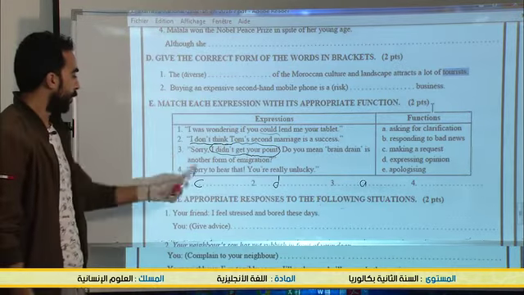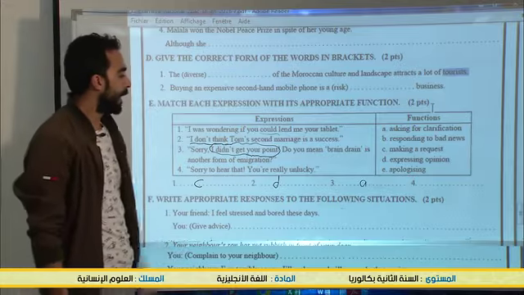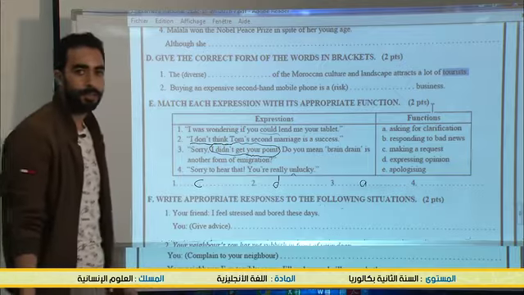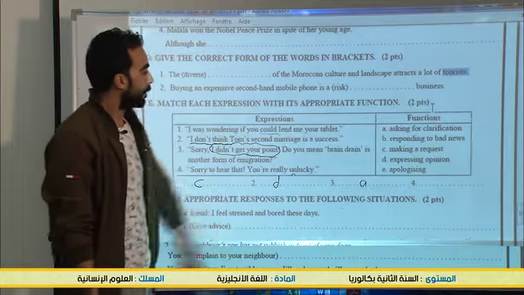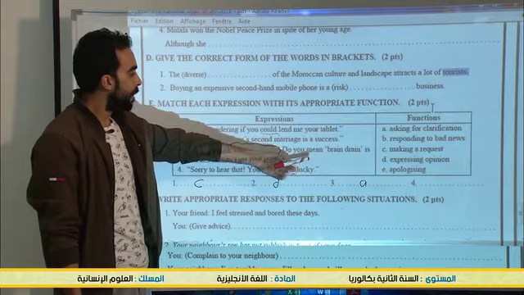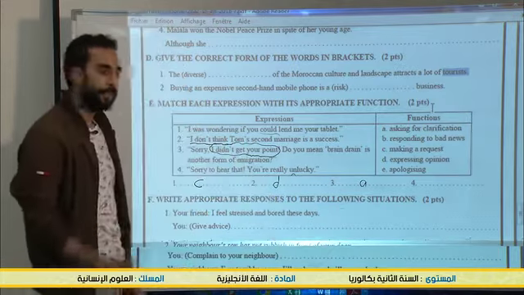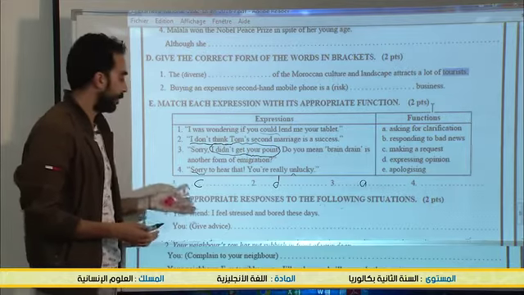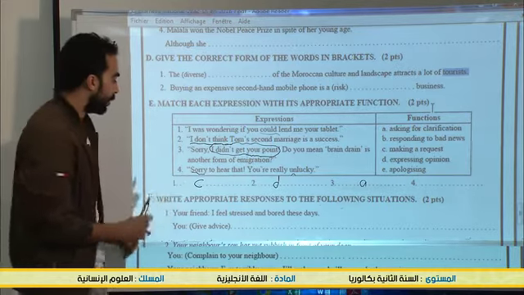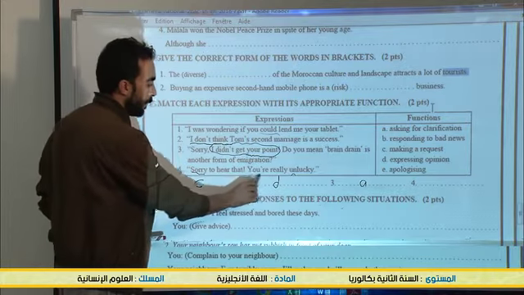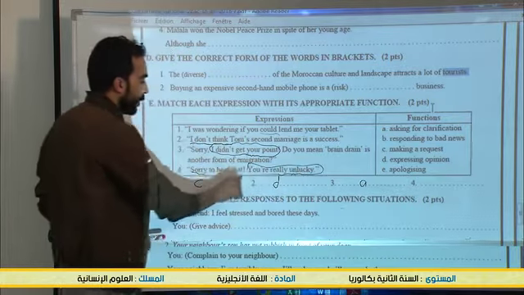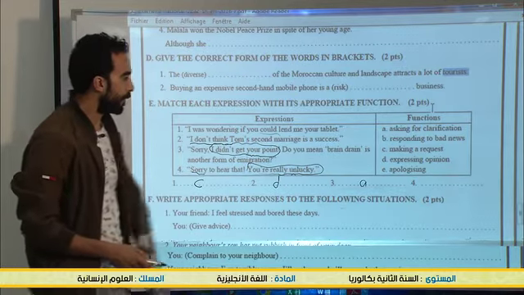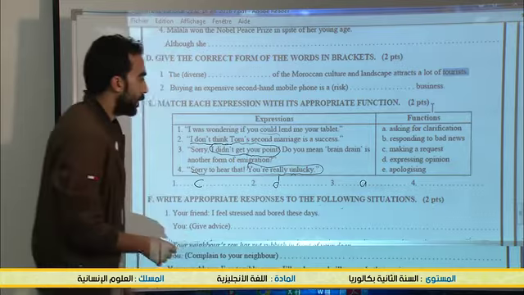The last one, sorry to hear that. You're really unlucky. So unlucky, so you have hard luck. So is it asking for clarification, responding to bad news, or apologizing? So pay attention, please. Although we use sorry here, it is not all the time expressing apologies. So here you have to be careful. Sorry to hear that. You're really unlucky. So these are the keywords that give us the answer, which is, of course, responding to bad news.